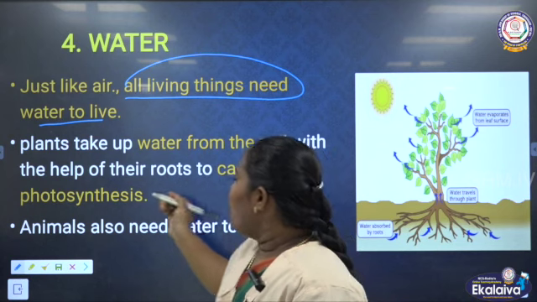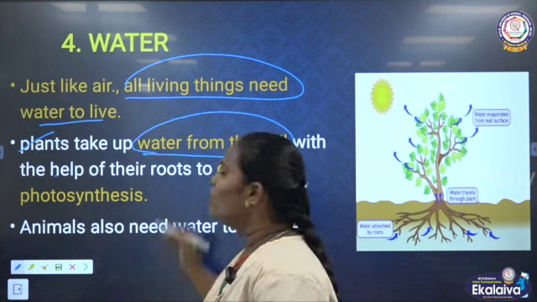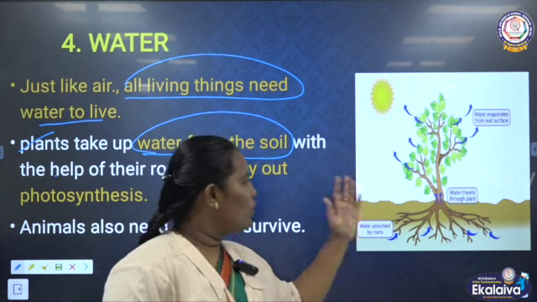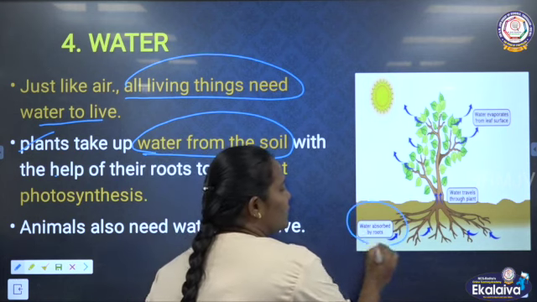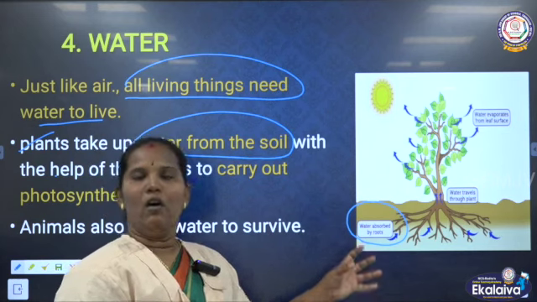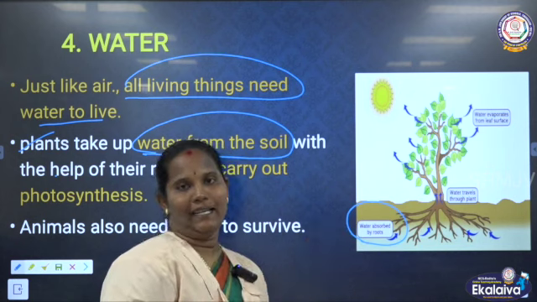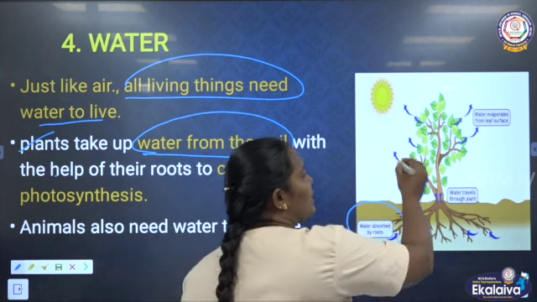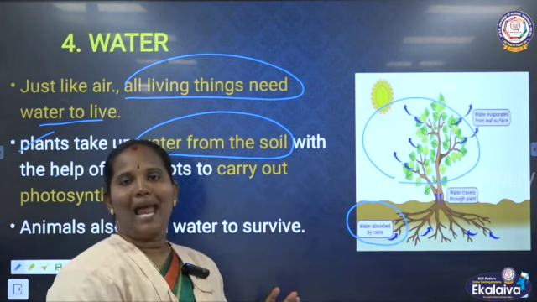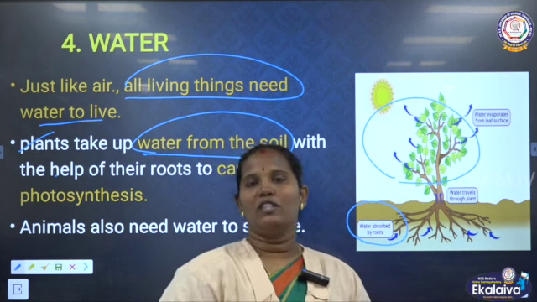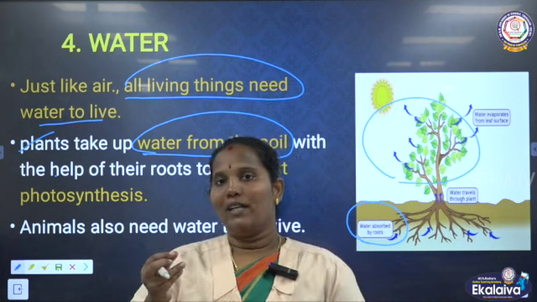Okay. See how plants need the water. Plants get the water from the soil. We saw about photosynthesis. For this photosynthesis they need the water. How do they get it? From the soil they can get the water. Along with water, some minerals and nutrients plants can also get. This water, minerals, nutrients they use for their photosynthesis process. So, without water, plants cannot make their food. The photosynthesis process does not happen without the water, because along with the water, some minerals and